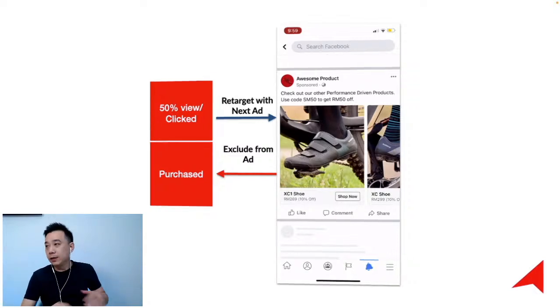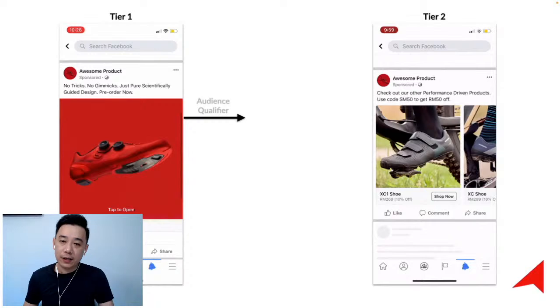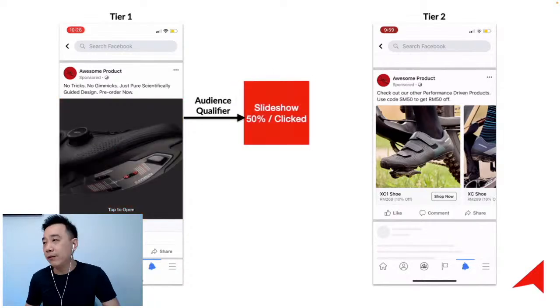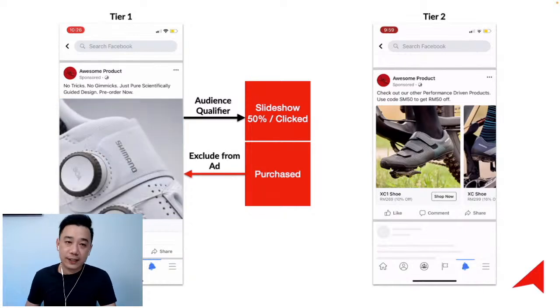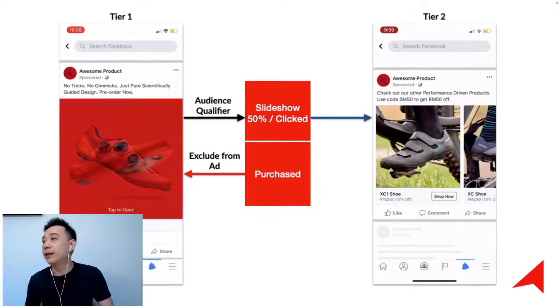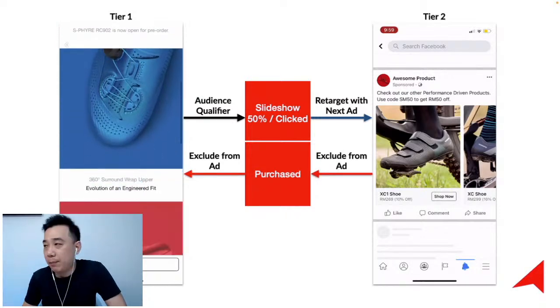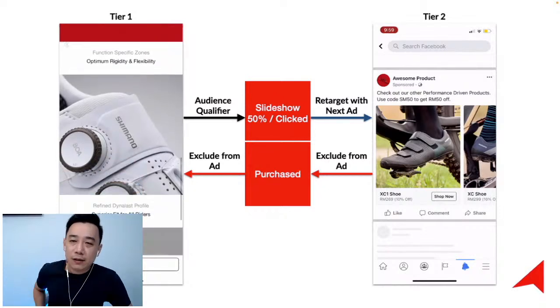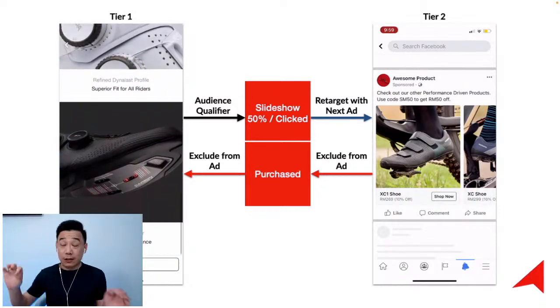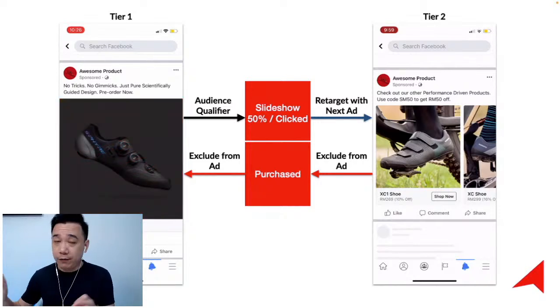All right. So let's come back to the two-step funnel. Tier 1 ads will always qualify audiences. And with that qualification, we will make sure either you watch the video, click on the advertisement or purchase, you do not see tier 1 ad again. And in turn, you will start seeing tier 2 ad. And if you buy, of course, you will not come out. But the tier 2 ad will only run for 3 days, 7 days, or any conversion window that you want to look into. So that's the two-step funnel. All right, that's something that we have been using. There's a framework that we have been using for a long time, and it's a proven framework.